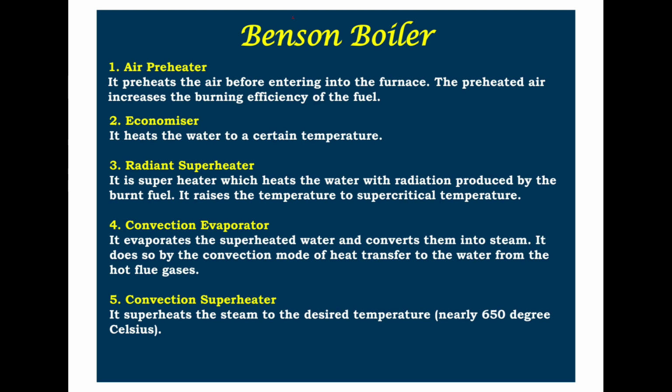Economizer: it heats water to a certain temperature. Radiant superheater: it is a superheater which heats the water with the radiation produced by the burned fuel. It raises the temperature to the supercritical temperature. The convection evaporator evaporates the superheated water and converts it into steam. It does so by the convection mode of heat transfer from the hot flue gases to the water. And the convection superheater